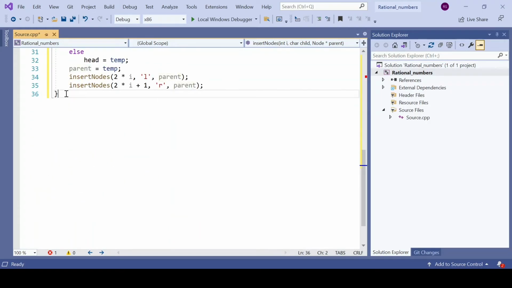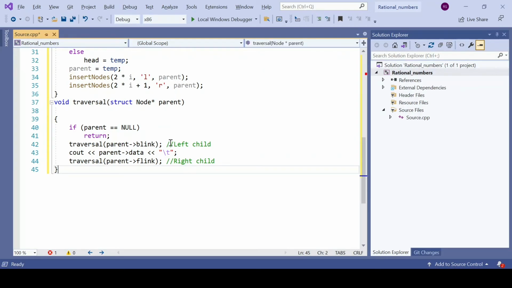And once we have completed the insert, then for the traversal a simple change is needed from the tree traversal. We just have to change the indexes into pointers, since it is now a linked list. Again I am checking the value of the parent: the parent will be passed with the address of the head node. As we have seen, the traversal of a linked list always starts from the head only. So we will be passing the address of the head to this pointer, which is compared with null. If it is null, that means it is going to end.